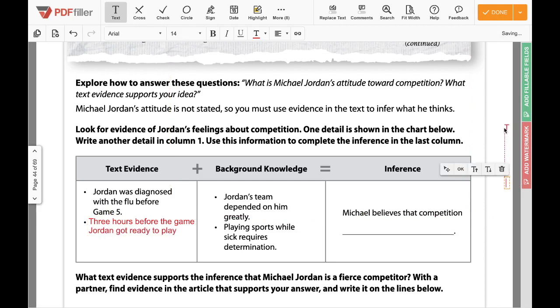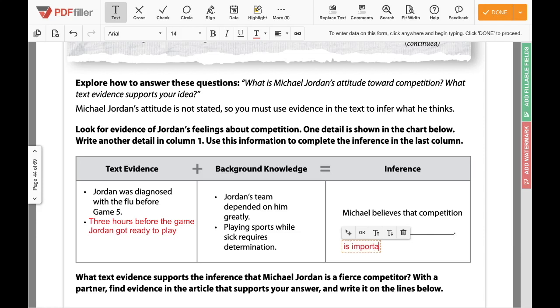And then we see some of our background knowledge. So once we get that text evidence, we put that in there. Our background knowledge is that his team depended on him a lot. Playing sports while sick requires determination. So Michael Jordan believes that competition is what? Well, 3 hours before the game, he got ready to play, despite the fact that he was diagnosed with the flu before Game 5. His team depended on him. Playing sports while sick requires determination. So Michael believes that competition